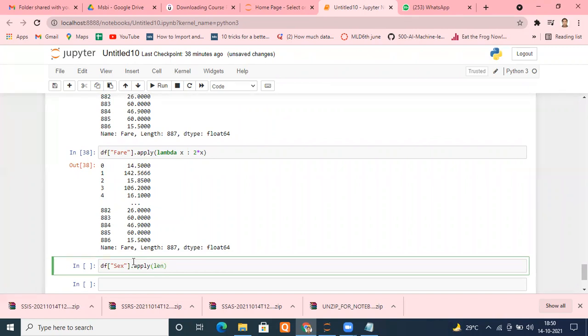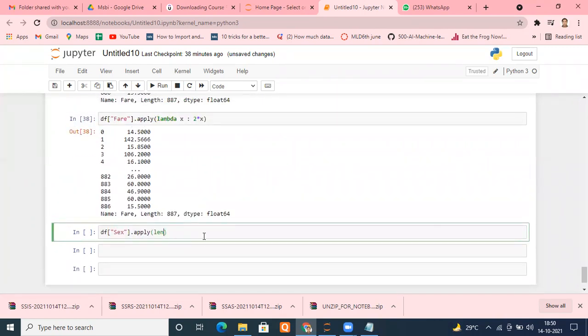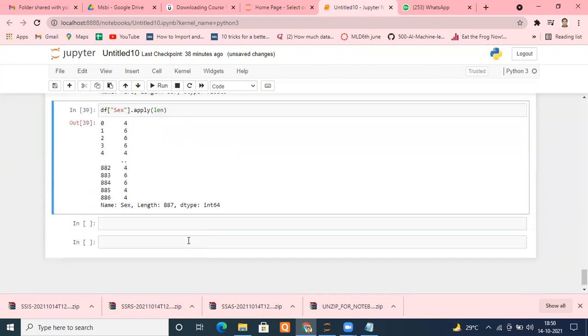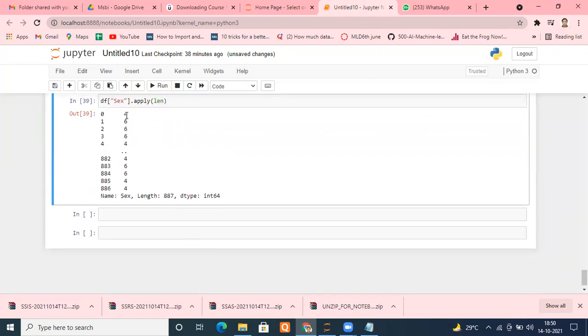I can pass directly my built-in function, the length function, and it will give me the length. Two names are there, male and female. Male has M-A-L-E, 4 letters, and female F-E-M-A-L-E, 6 letters.